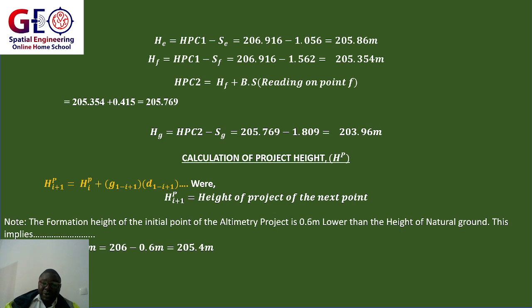Those are the heights that show the undulating rise and fall in the terrain. That is why it is known as height of natural ground. Then we also have a project height. A project height, for example: we can go to the terrain and the terrain is rough and they want